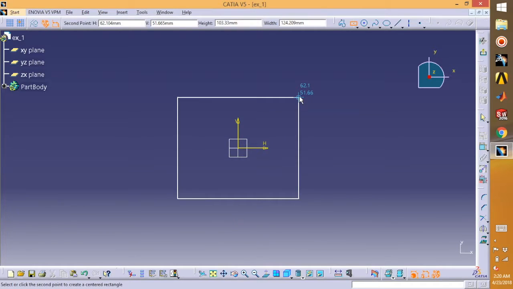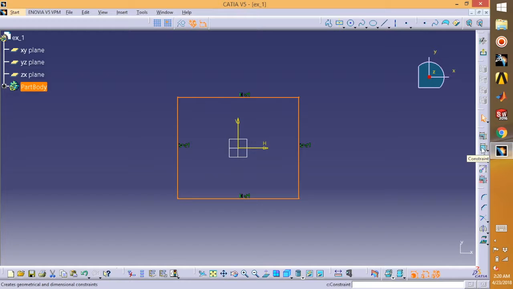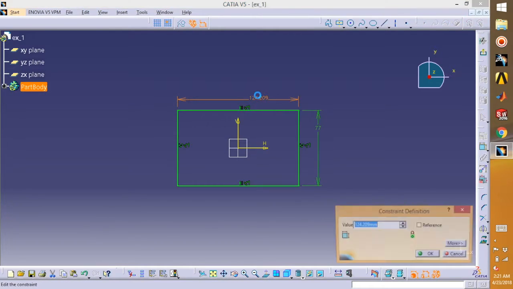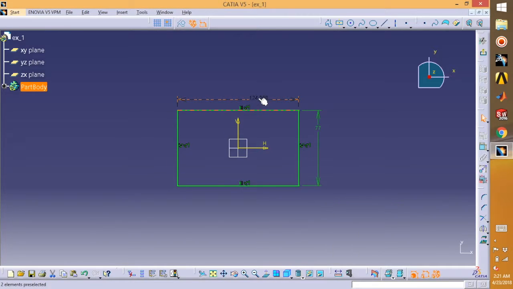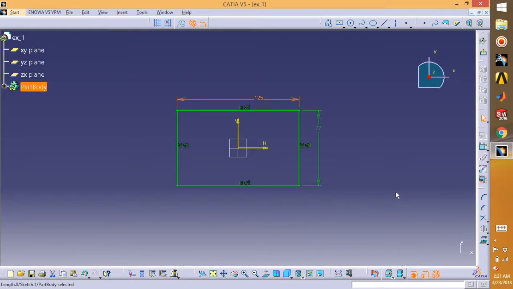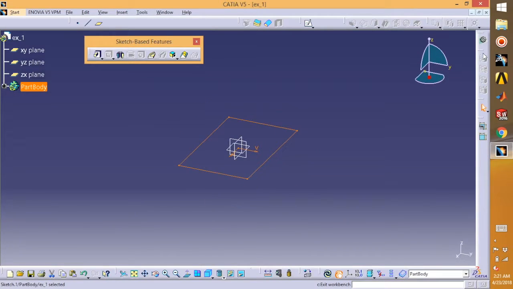start from here. Now this one, constraint, this is basically used to define the dimensions. So just select this one and select your sketch, or give it anything. For giving the proper dimensions, just double click this one and you can type in your values and click OK. After this you can exit the workbench from here,